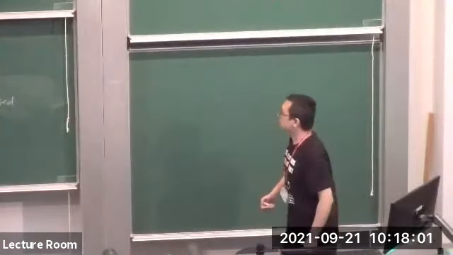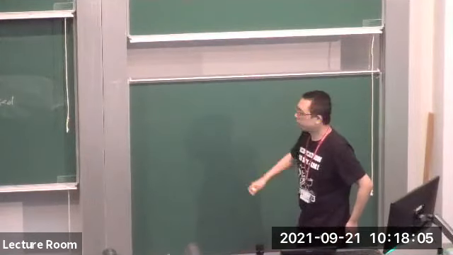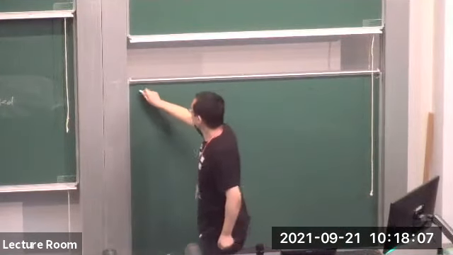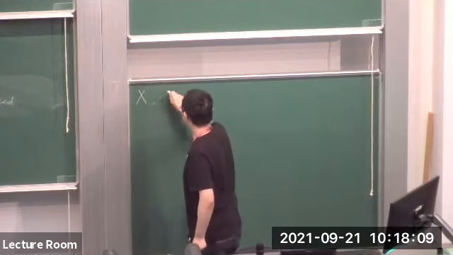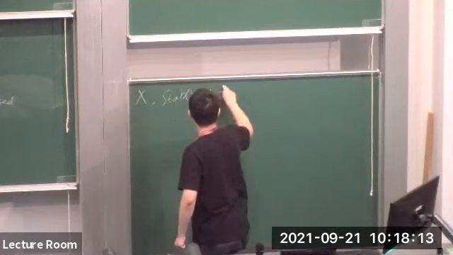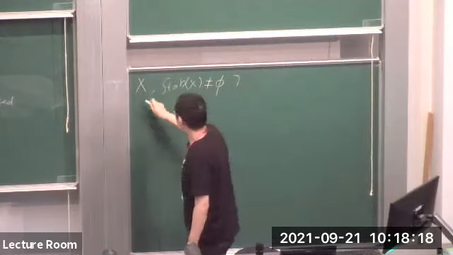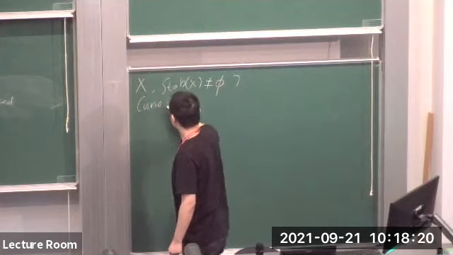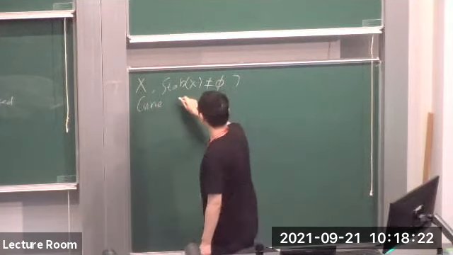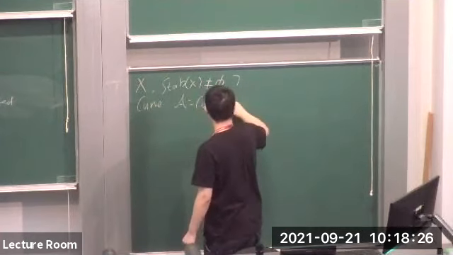So after giving the definition of Bridgeland stability, one natural question is: for a variety X, when does the stability condition exist? For this one, we can do some easy things. For a curve, this is obviously right because we can take the heart to be the coherent sheaves of the curve,